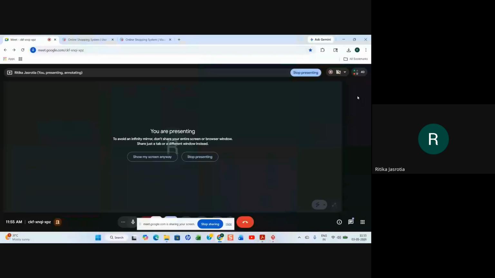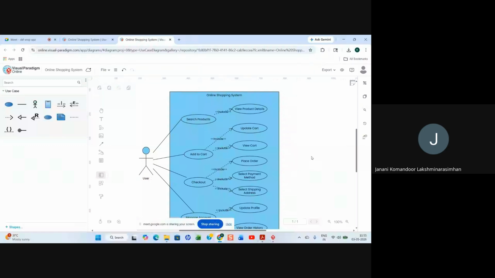One of the examples given is this one. Whatever the system's rules are, we don't have to state them as assumptions, because your question is an online shopping system. Online means that the system has certain rules. In an online medium, the admin doesn't approve anything. Whatever the company has decided, that kind of user will be registered if he gives these credentials.